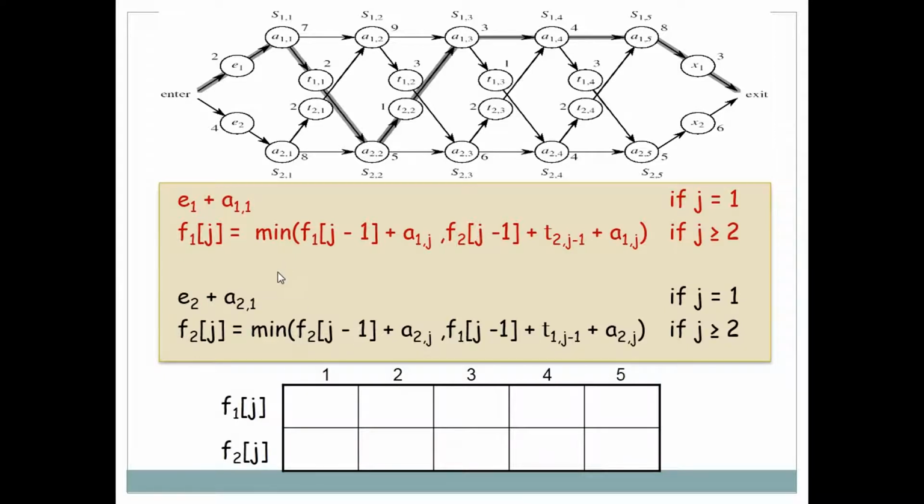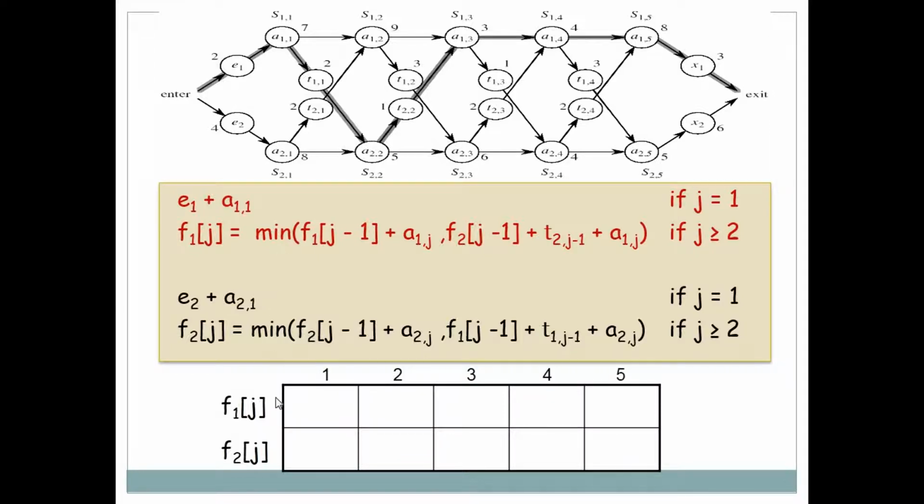First of all, let's find f1[j] for j equal to 1. Here our condition is, if j is equal to 1, then the addition of e1 plus a11. So e1 is 2 and a11 is 7, so 7 plus 2 is equal to 9.